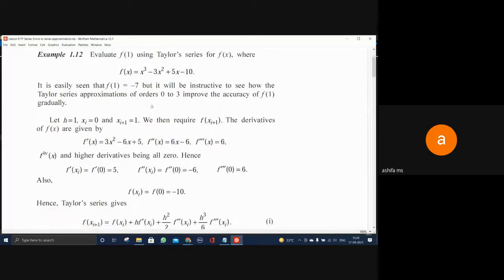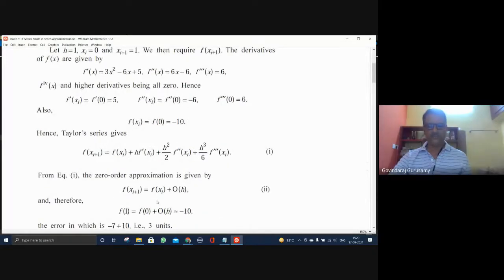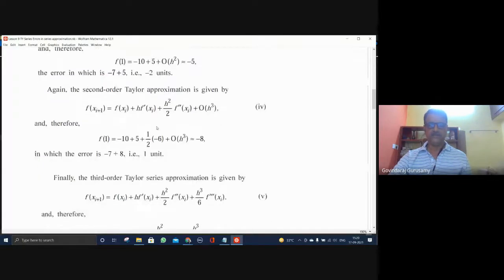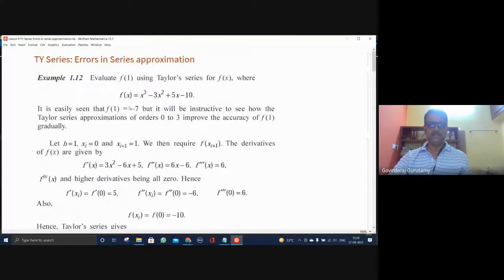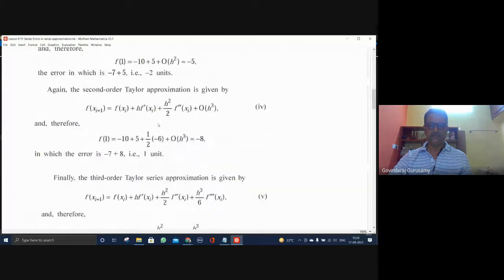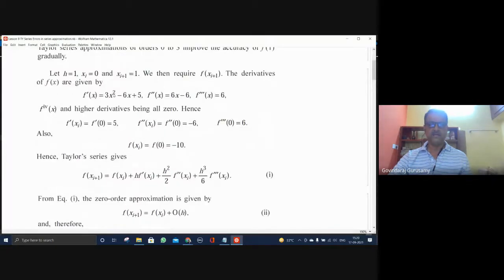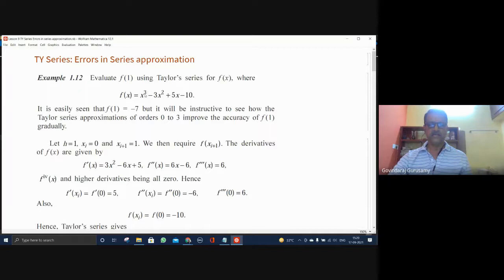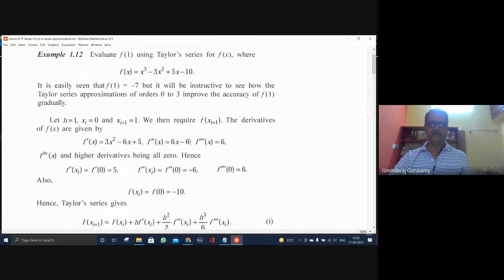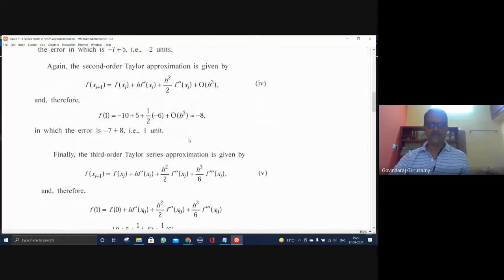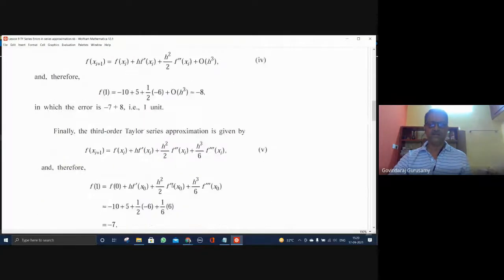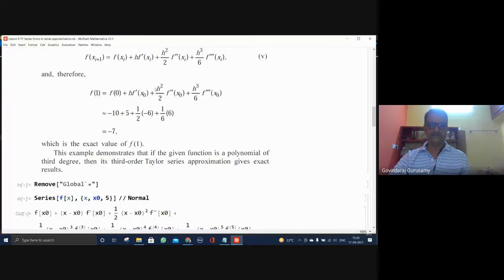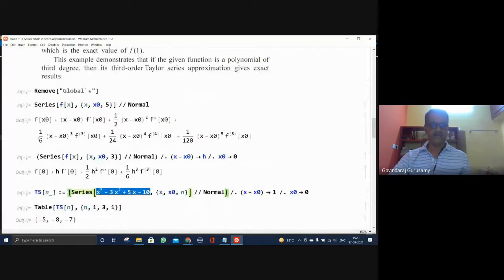Yes, sir. I hope this is clear for all of you. This is the methodology followed when there are polynomials with the Taylor series. So if I have x power 5 instead of x cube, what am I supposed to do? I go up to fifth order. If there is x power 7, then I have to go up to seventh order. That is the meaning of that. Let's try to look at this problem now.